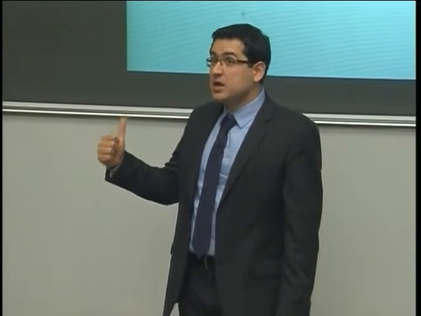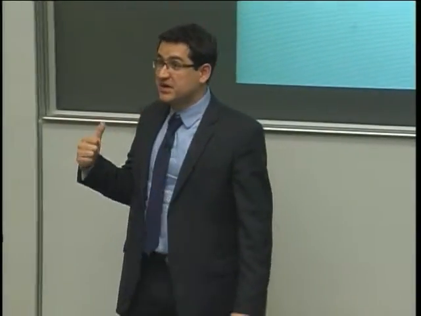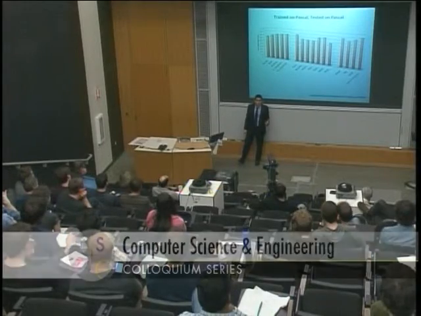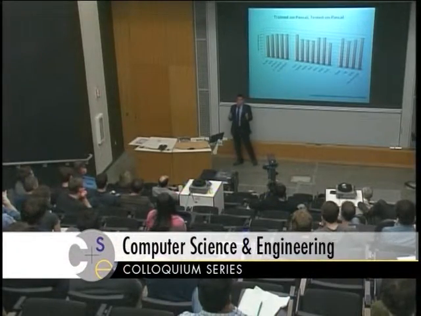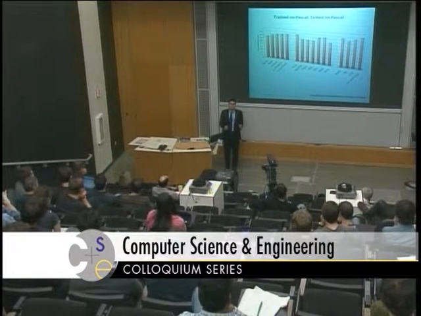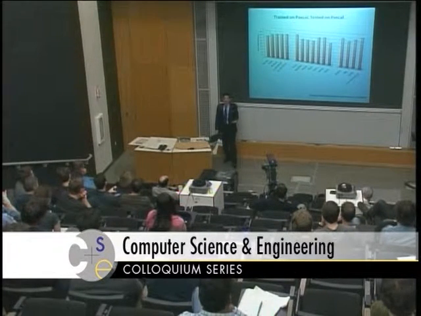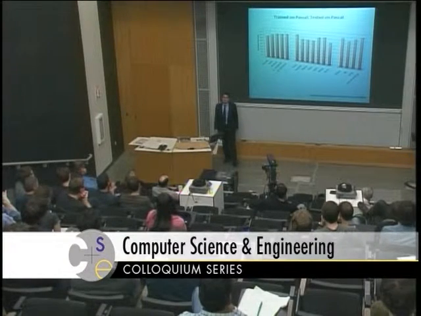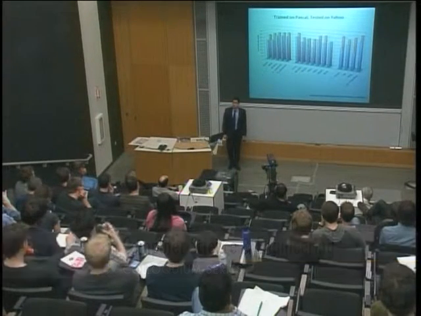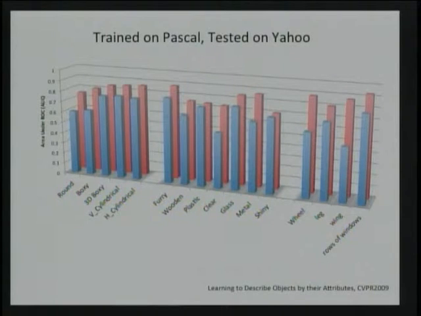But I wanted to use attributes for cases when I've never observed those categories before. This is a test when I'm training my attribute classifiers on the Pascal train set, and I'm testing it on the Pascal test set. They're not the same images, but the images are coming from the same categories. So what happens if I take those attributes and test them on my Yahoo data set, which doesn't have any of those categories? Suddenly there's a big drop in my performance. A clear story of overfitting.